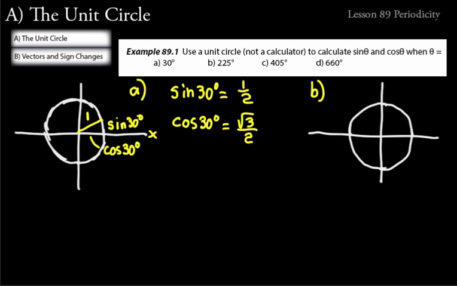So we have a circle. Now let's just go around to 225 degrees. So we think starting at the positive x-axis, 0 to 90, 90 to 180. So we still need to add 45 degrees on. So we're down here. So there it is, 45 degrees. Go ahead and draw our triangle based off of that.